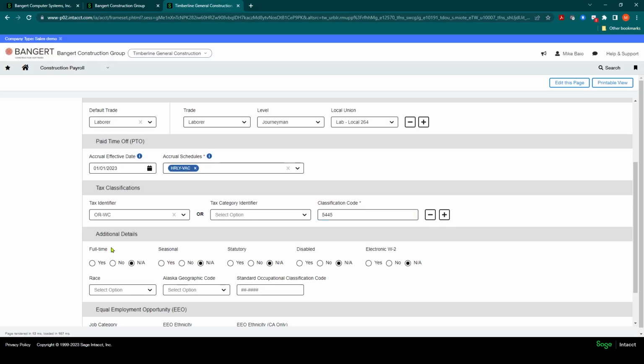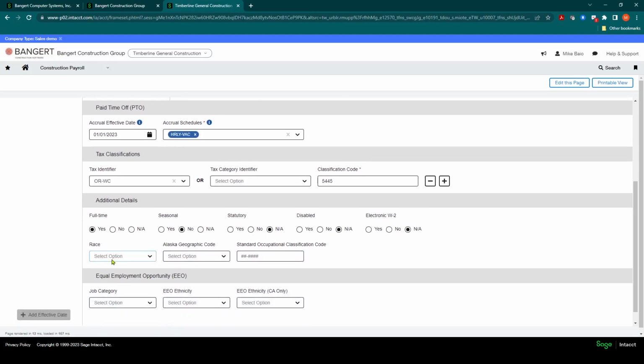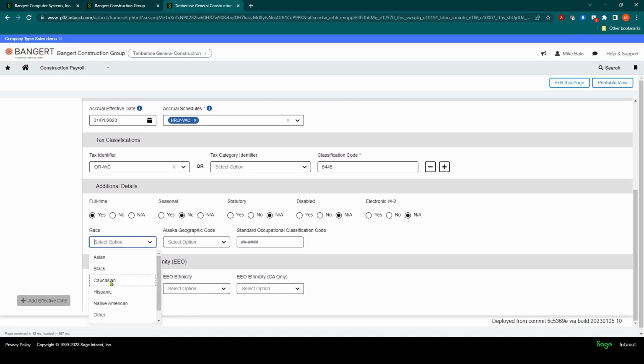Then there's some additional information you can fill in down at the bottom for reporting purposes. Is he a full-time employee? Is he seasonal? Statutory disabled? Electronic W-2s required? Yes, no, NA. You can also track some information for the EEO reporting. So you can establish race.